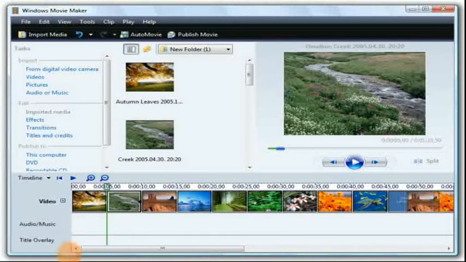First, open the Windows Movie Maker application window. Click Import Pictures from the Task pane to insert pictures. The import file dialog box will appear. Then select the pictures for creating the movie and click the Import button to import pictures to Movie Maker. Now the selected pictures will be displayed in the content pane. Click and drag the images to the timeline in the order in which you want to view them in the movie.